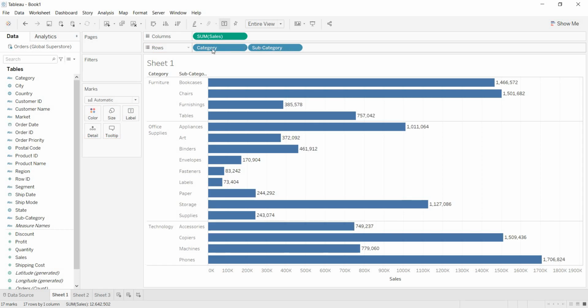What is the question? Category wise and subcategory wise. If the question is subcategory wise and category wise, then just place in the reverse, so subcategory will come first and category will come next. As the question is category wise and subcategory wise sales, just place subcategory next to the category.